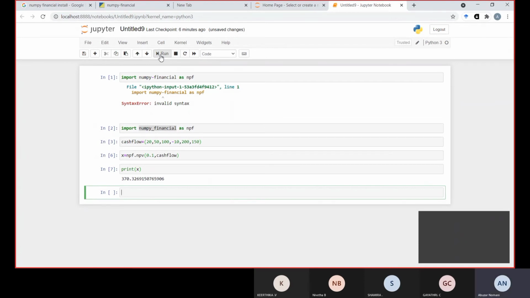With the help of Python Jupyter Notebook, we can find out the net present value of the cash flow using the numpy_financial library package. So I think this is very much clear to you.